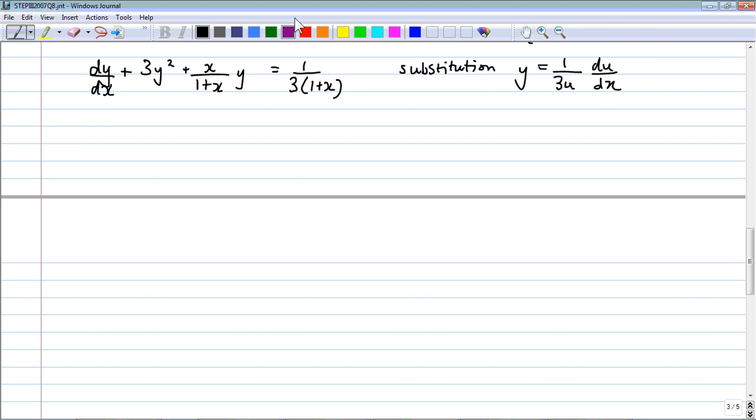Okay, so in order to perform this substitution, we're going to have to find a formula for dy by dx, you see on the left there. So let's do that differentiation, dy by dx using this formula. Now we have a product. This is 1 over 3u times du by dx. So I'll first differentiate 1 over 3u. That gives me minus 1 over 3u squared times du by dx plus